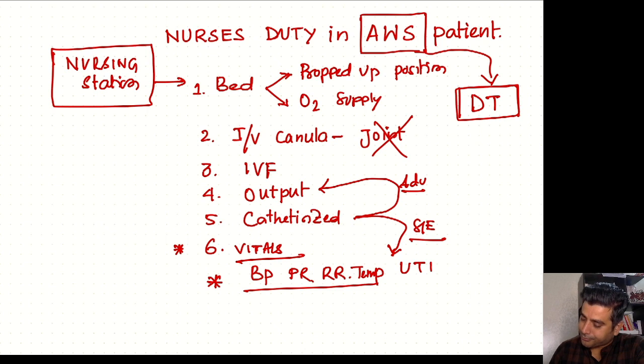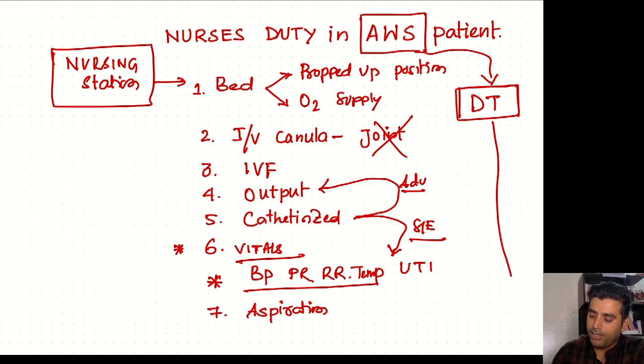And number 7, I am always scared about aspiration, because the patient is already drowsy or in a disoriented state. He does not know where he is. He is totally disoriented to time, place and person when the patient is in delirium. So in that case there is definitely a risk of aspiration if you are giving food, especially fluid, any kind of drink,